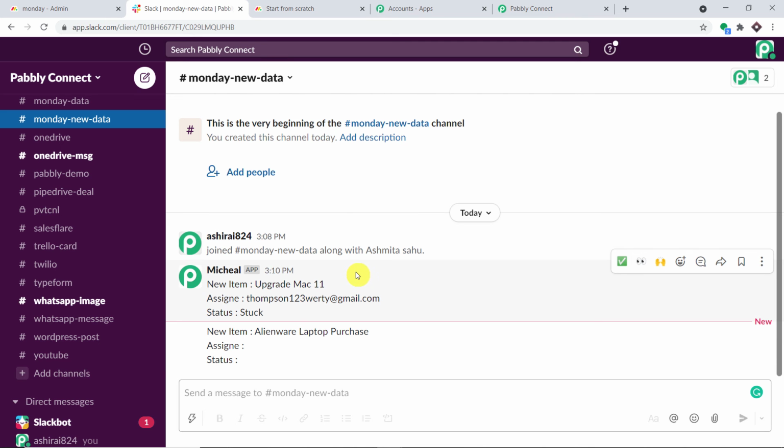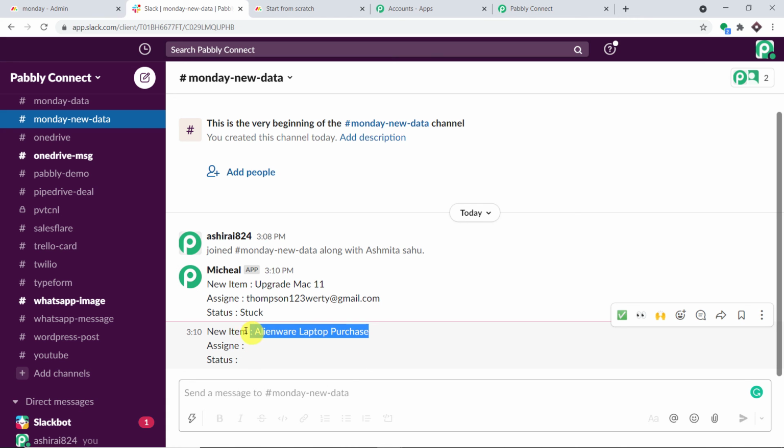So basically what we have to do is make sure that all of this data, that is the item name, the assignee, the status, and in case the date, are all sent as a total bunch, as a package, not just individually. So that is why we have to make sure that this particular data is delayed for at least 1 minute. When this data is delayed for 1 minute, we can just add the assignee name, the status, and the rest of the details.